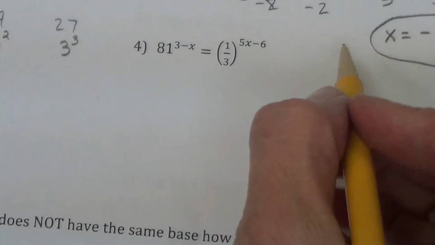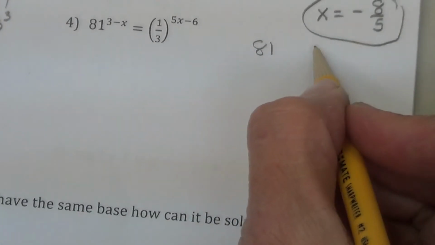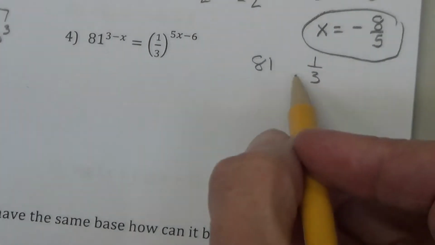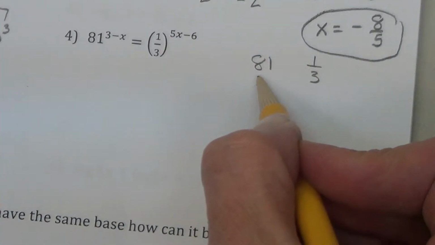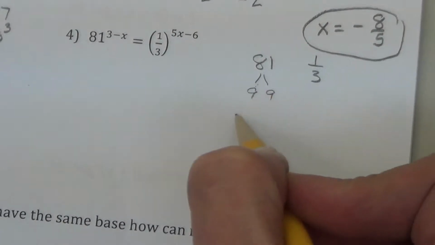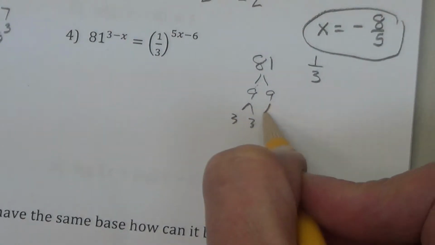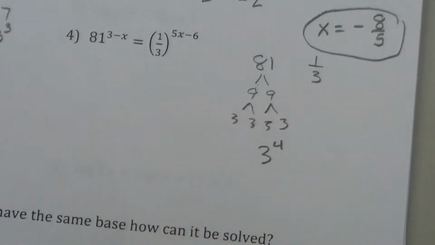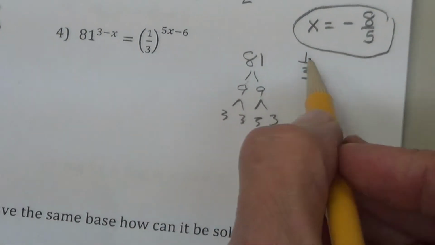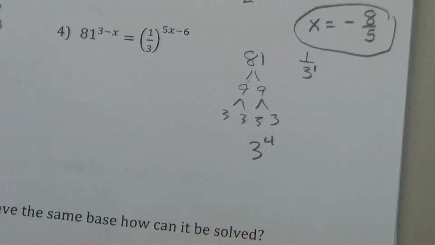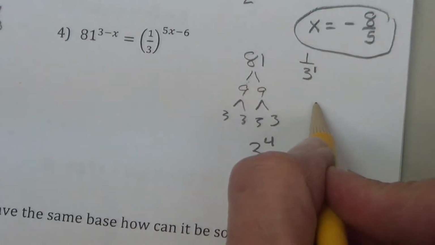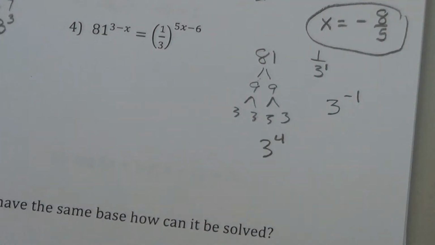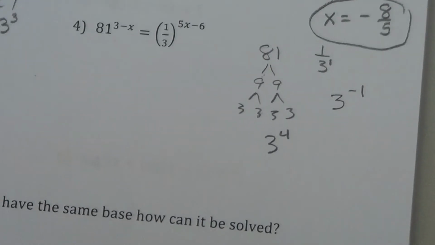We have 81, and we have 1/3. And we're asking ourselves, how can we write these with the same base? Well, 81 is 9 times 9. Break that down, it's 3 times 3 times 3 times 3, so it is 3 to the 4th. Well, that helps us significantly because 1/3 is 1 over 3 to the 1st. We know if we bring that 3 to the 1st to the top, it's 3 to the negative 1st. So we now have the same base if we use those